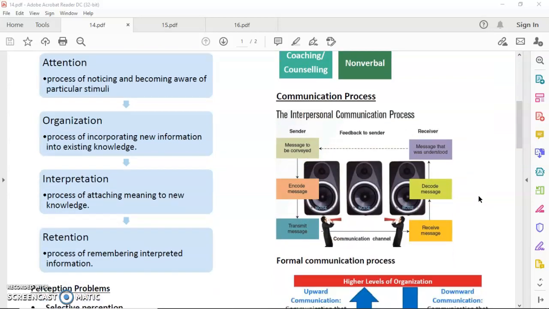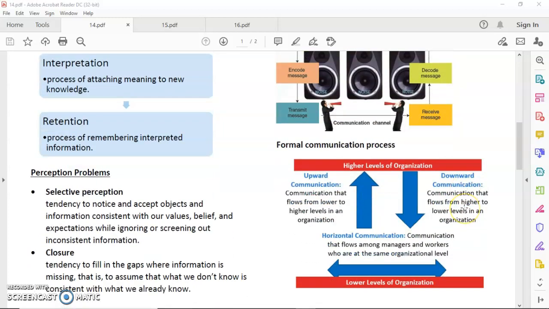And here we have the communication process that comes from the book. This image I thought represented the process very well. So that's it. After, the formal communication process, where there's a high level of organization, a low level of organization, and organizational communication that is horizontal and